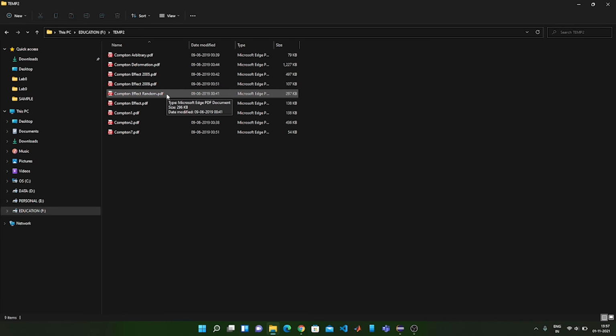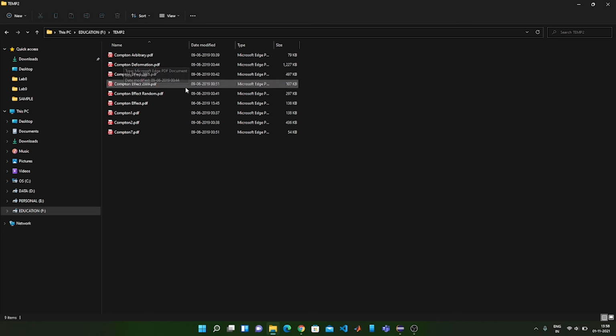So if we want to rename it in such an order that the particular volumes of the Compton effect PDF files have to be arranged in a specific order, then we can use this Java code.